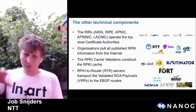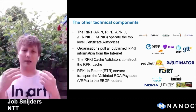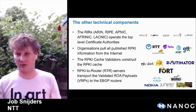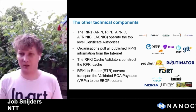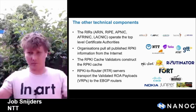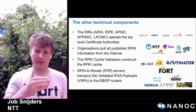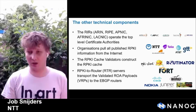Other technical components. If we view the RPKI supply chain from the top of the screen to the bottom of the screen, it is from the 5 RIRs that we derive all trust. They are called the trust anchors. And these trust anchors operate the certificate authorities that are used to certify further delegations in how we made our IP hierarchy. So these RIRs publish ROAs through some technology, and then you have all kinds of providers that pull this information into their administrative domain. So you have NTT, Telia, GTT, they contact the RIR RPKI infrastructure to fetch the RPKI